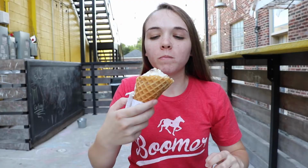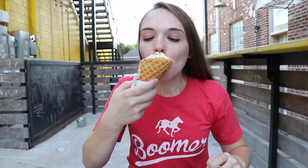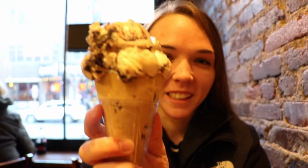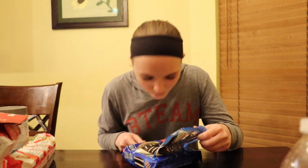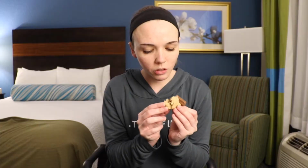It feels thick. It's a cone made of chocolate chip cookies. I just love cookies. It smells like toothpaste. It's still like chewy. 10 out of 10. You need